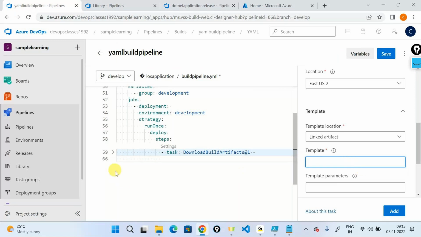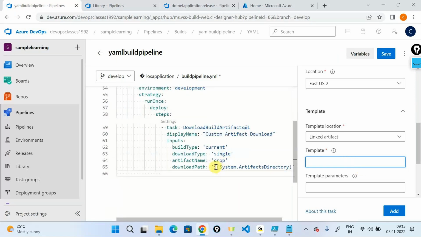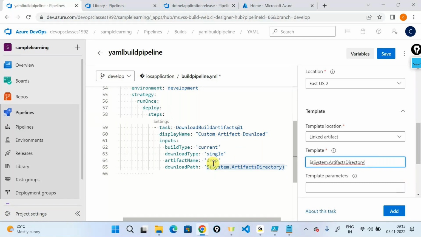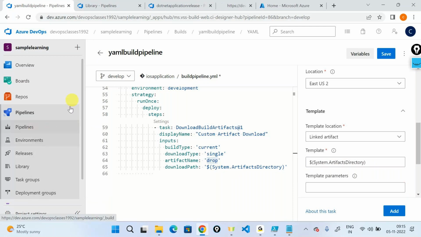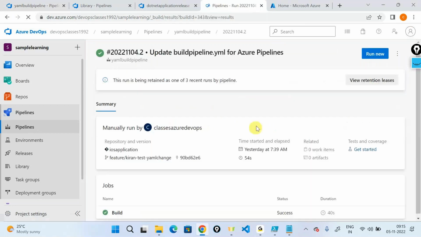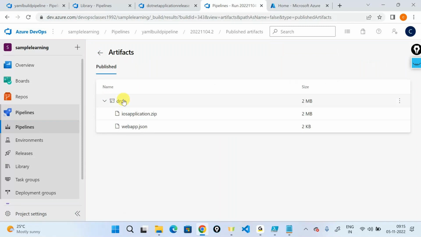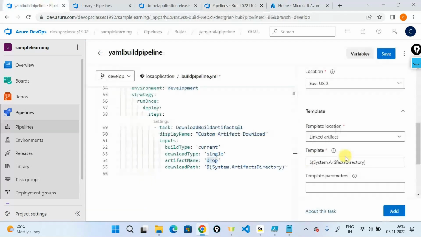Again, I am downloading all my artifacts in this directory called system.artifact directory. So I'll copy this path. I'll say in this directory, there is a folder called drop. If you look at your pipeline, this is how your folder structure is coming out to be. Any artifact, if you look at it, has something called drop. Inside that, it has something called webapp.json. I'm giving the same thing. So I'll say /drop. Inside that, there is something called